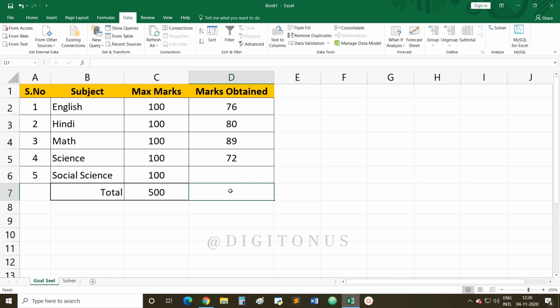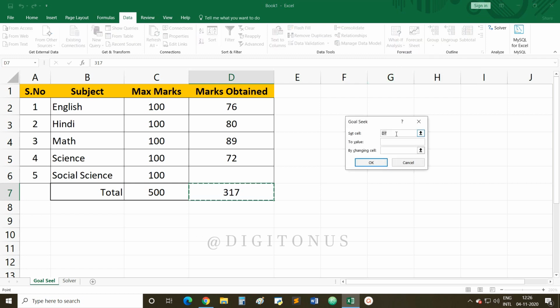But if I delete this and directly write the value 317, and now I want to apply the GoalSeek feature, What-If Analysis, then again GoalSeek, set cell is D7, to value 410. By changing cell, I have selected the changing cell and then OK. Now see, automatically it will give you a warning that the cell must contain a formula.